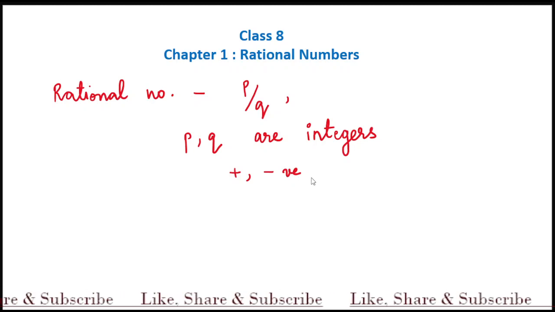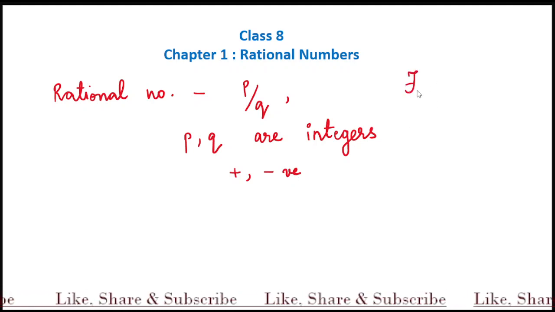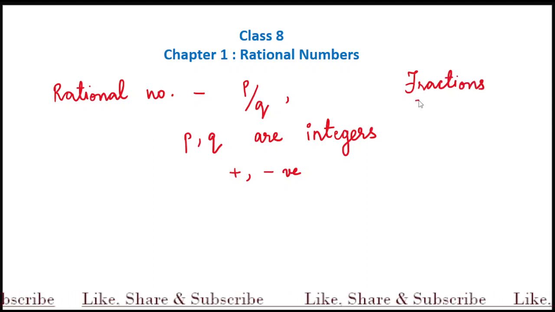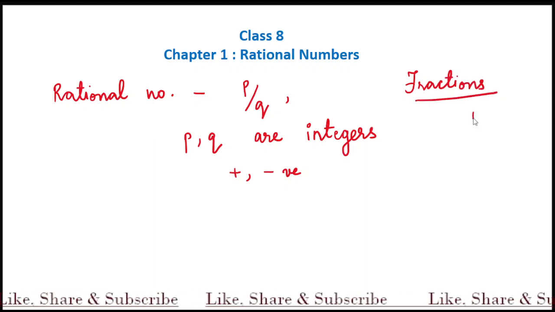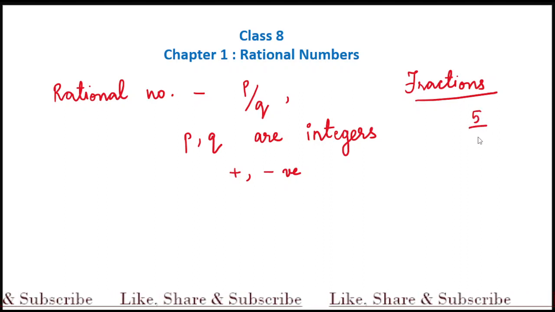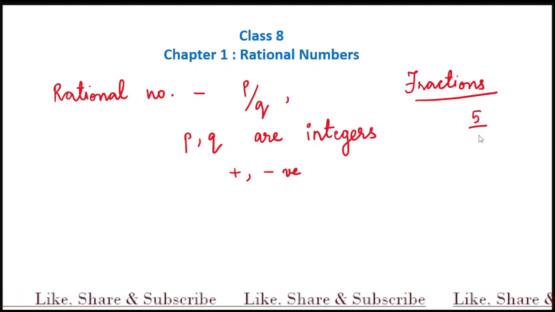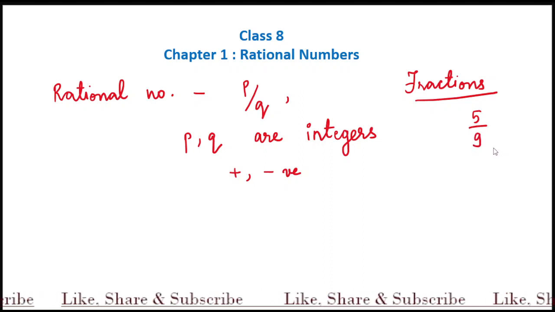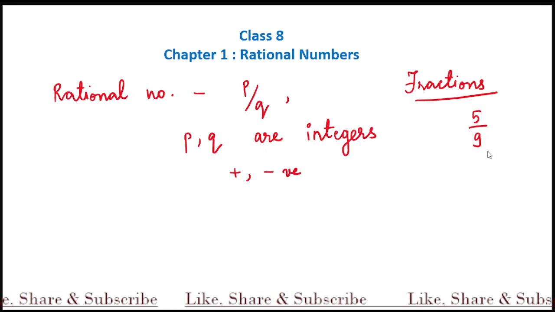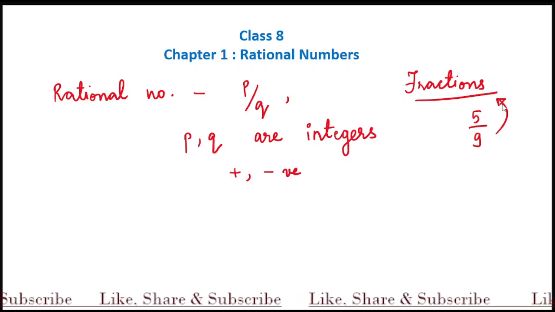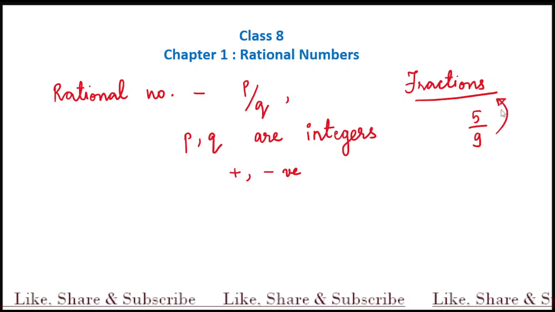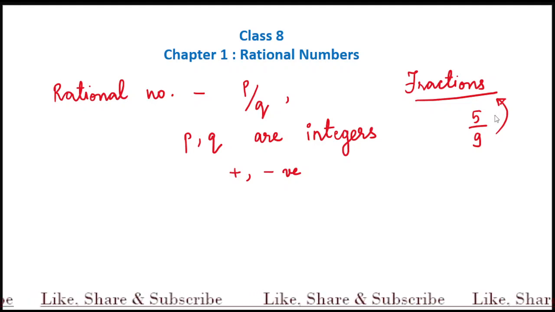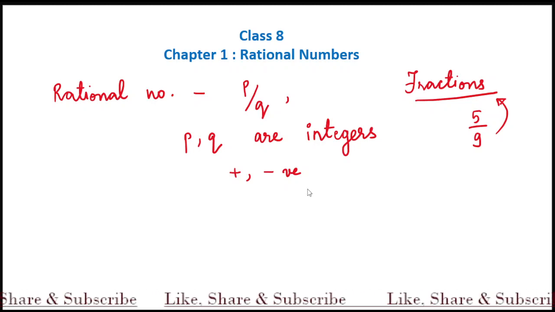Unlike fractions, where fractions have only positive numbers in them. If I write a fraction, it will always contain positive numbers. So here 5 is the numerator, which is a positive number, and let's say if I write 9, 9 is also a positive number. So fractions contain only positive numbers, whereas when we talk about rational numbers, both positive and negative numbers are